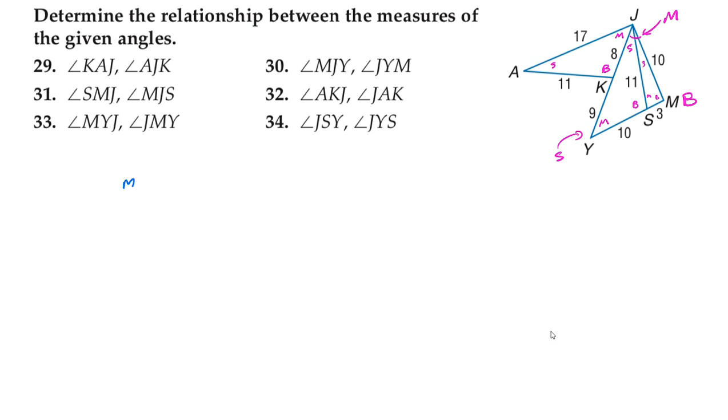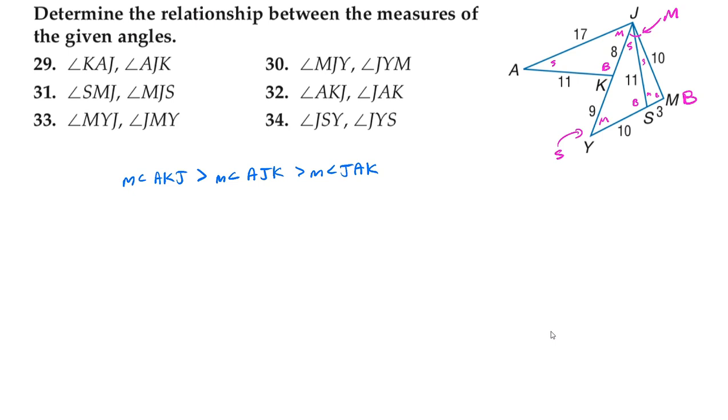So we got measure of angle AKJ is bigger than measure of angle, they never called it A, so I'm going to call it JK. Sorry, the medium one in that top triangle is measure AJK. And that's greater than the measure of angle JK. All right, then totally separately, we have the middle triangle. The measure of angle JSY is bigger than the measure of angle JYS. And that's bigger than the measure of angle